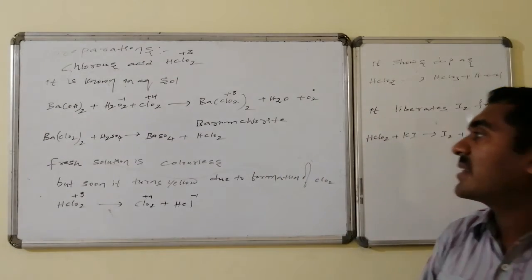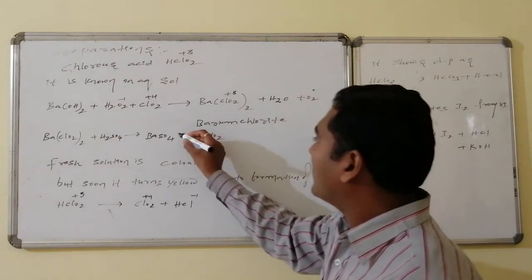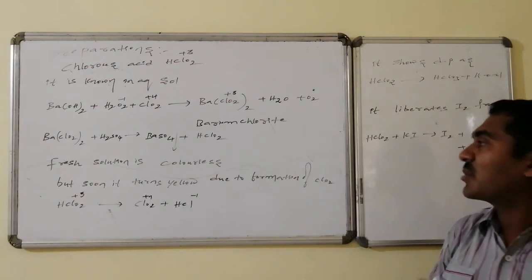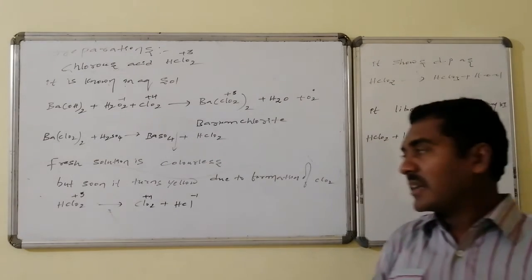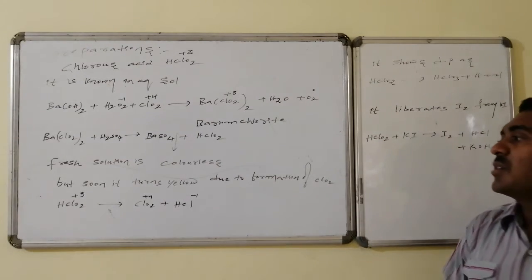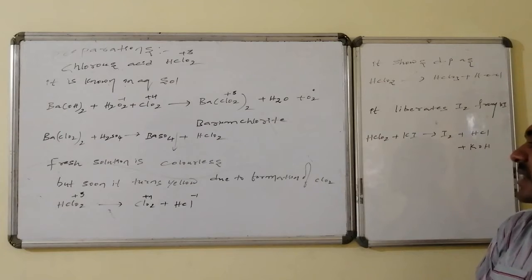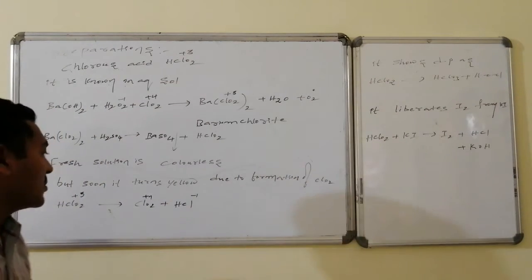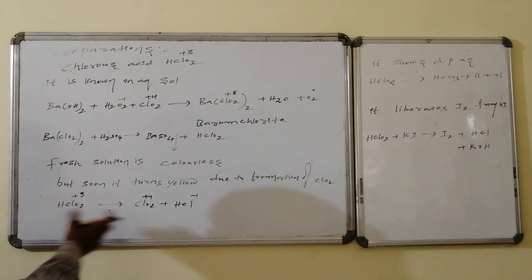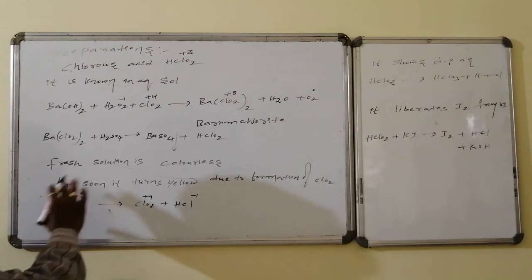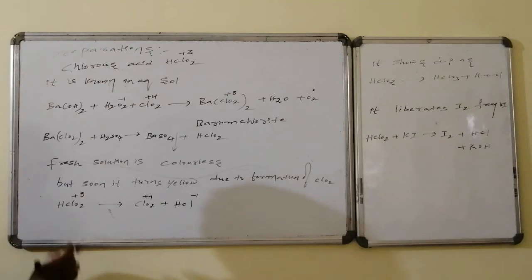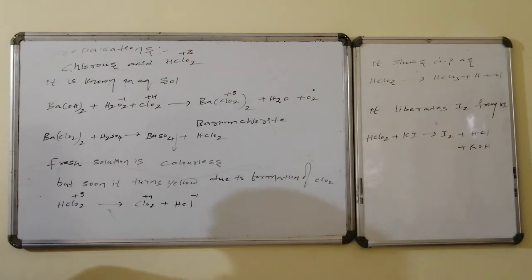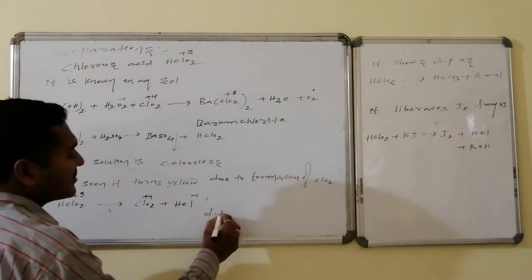This barium chloride on reaction with sulfuric acid, barium sulfate formation takes place, followed by what? Chlorous acid formation takes place. A fresh solution is colorless, but soon it turns to yellow in color due to the formation of what? Chlorine dioxide. So therefore HClO2, after standing for a long time in the solution, is converted to ClO2, that is oxidation, followed by the remaining H and Cl combination leading to the formation of HCl, that is a disproportionation reaction.